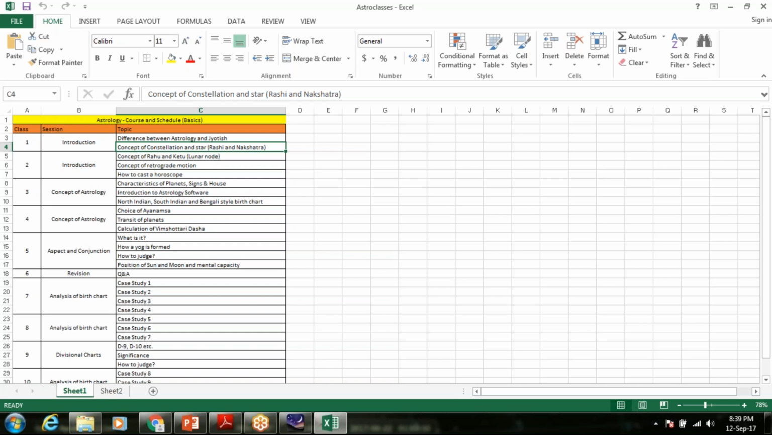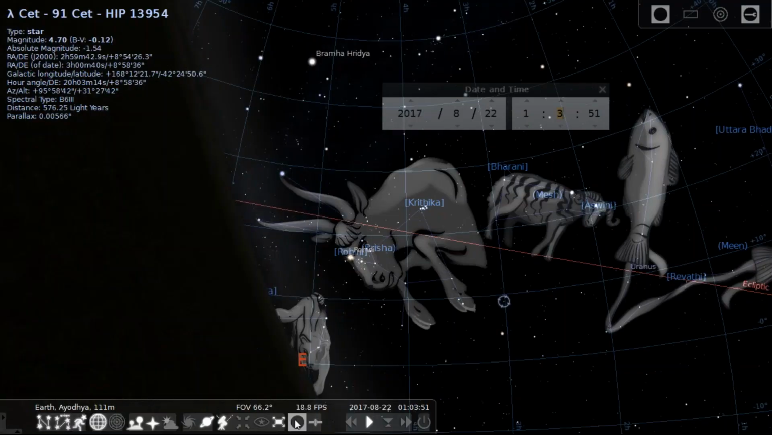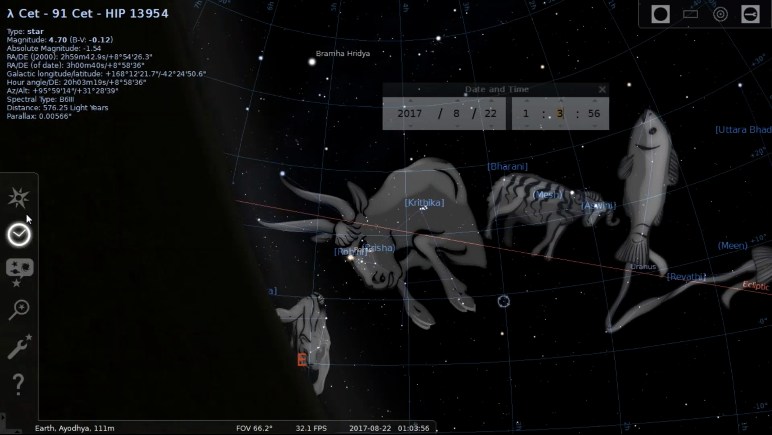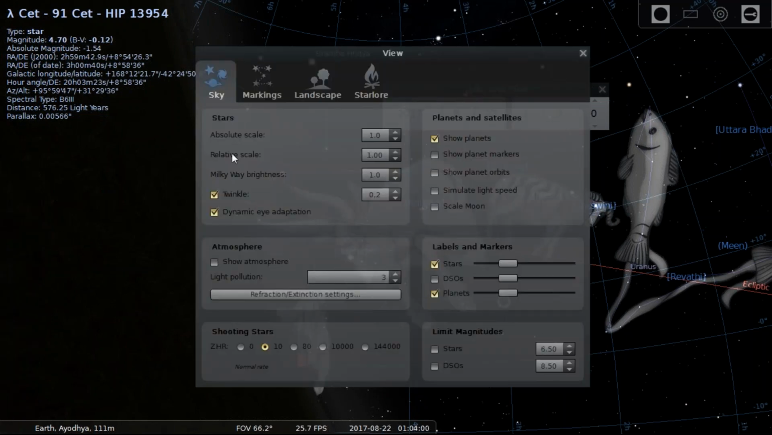So you expect me to do some homework or something, so that I'll be able to understand better next time? Not currently. One home task would be for all of you. I would recommend you to install this Stellarium software and go through it and understand. Let me show you one thing. In the Skyview option,